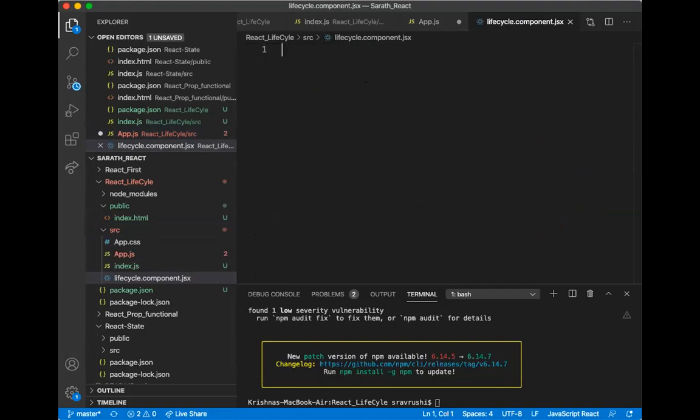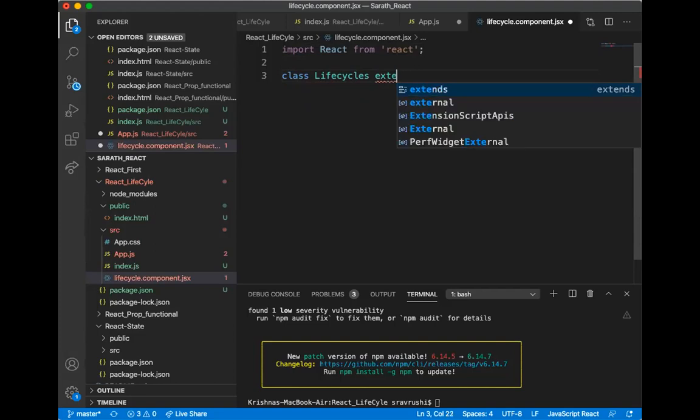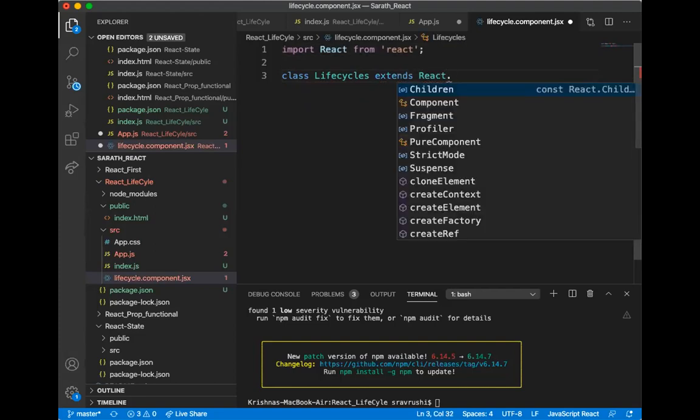So first, a very important thing: I have to take React from React. The other one is class, and I am taking the life cycles, extends React.Component.